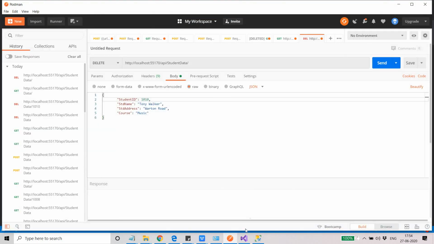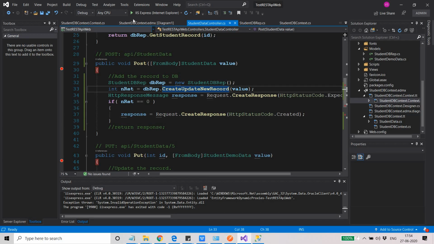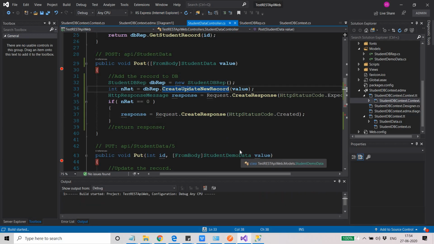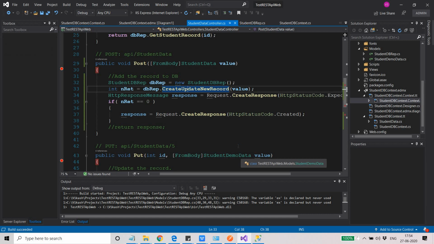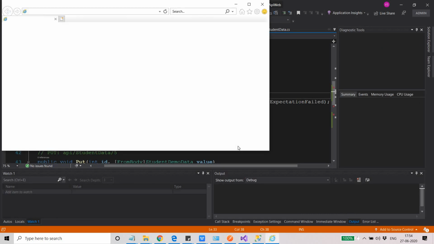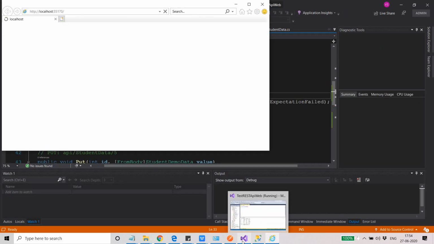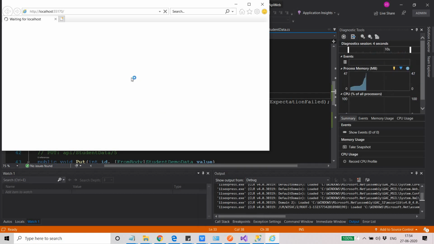So this is my Postman. Let's run this first so that I can use Postman. I'm just running this, and then I will use Postman once it is up.